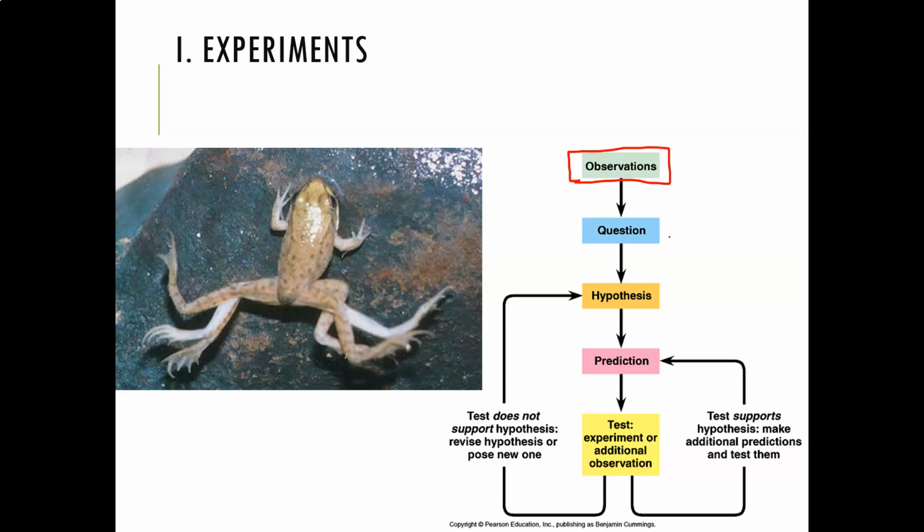And what your hypothesis happens to be, in general, is that you're going to go back into the environment and look at the habitat of the frogs, and see if you can take the conditions here and break them down to find a possible explanation for the question that you've asked previously. So again, with that question, if you're wondering what is causing these deformities, your hypotheses could be potentially